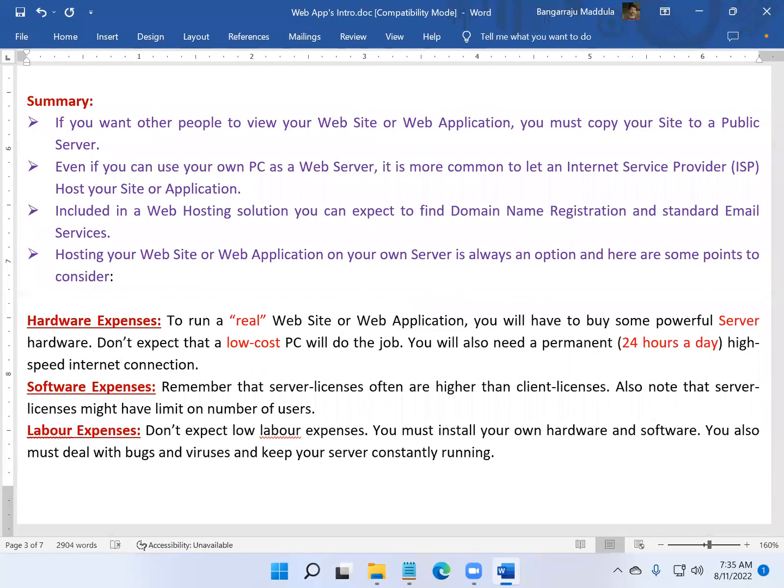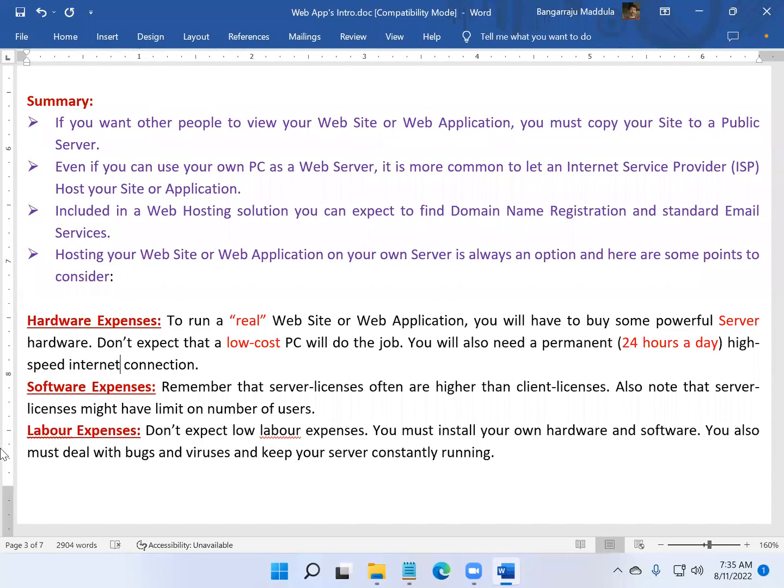Not only a high-speed internet connection here, you need multiple internet connections also. Why multiple internet connections? Suddenly, if there is a problem with any of the internet service providers, immediately you're required to switch to the second one. Yes or no? You've taken a Jio connection. Suppose there is some problem with the Jio servers and the internet is down now. So you cannot make the site run. So you need another internet connection immediately coming into action which can help you. So you need multiple. And high-speed connections are expensive. When you take high-speed connections, they are expensive, and every month you're required to pay the bills for them.